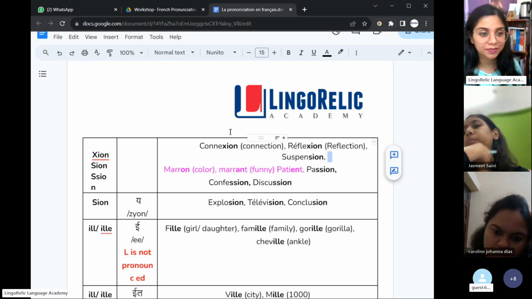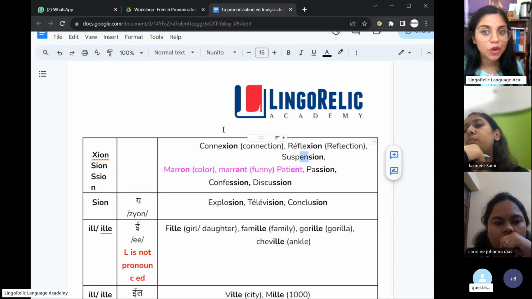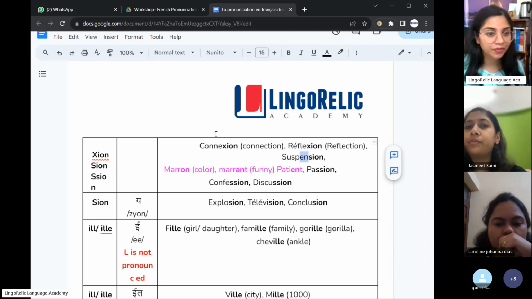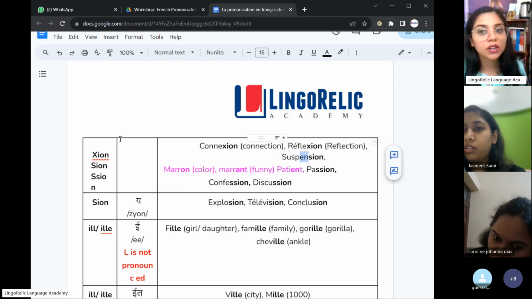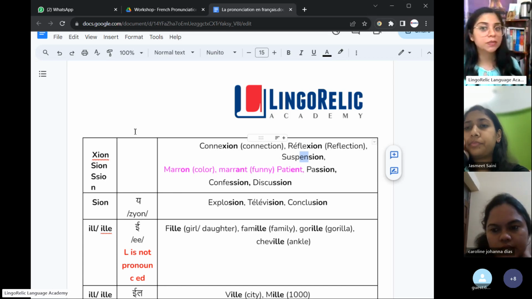Again. Suspension. On का sound भी है ना? So you have to say on here. Suspension. Okay. Now, also, I told you जो मैंने और on का difference बताया था, so I just included it